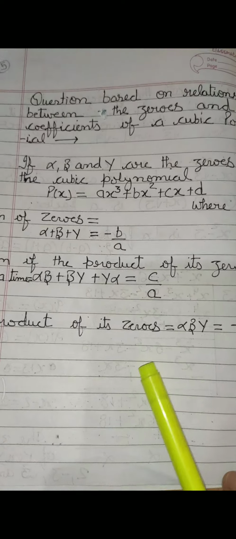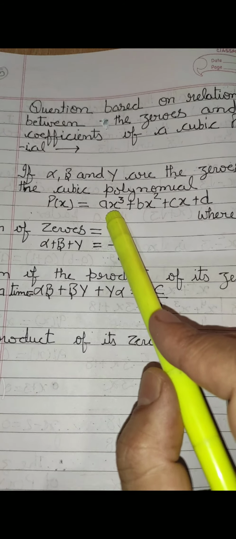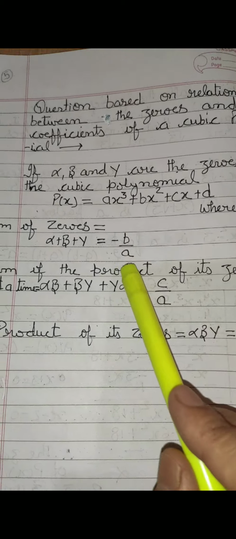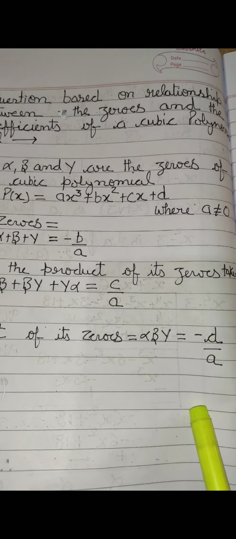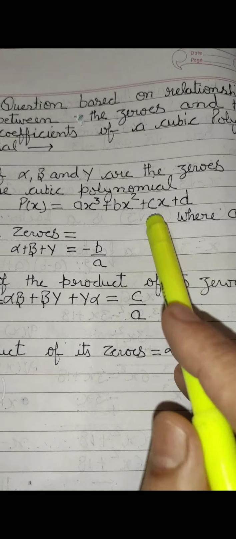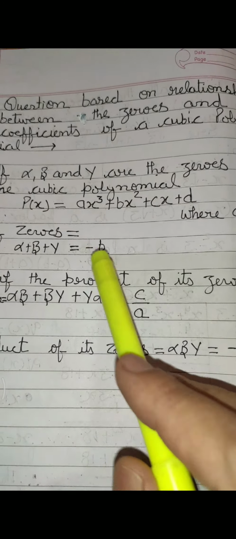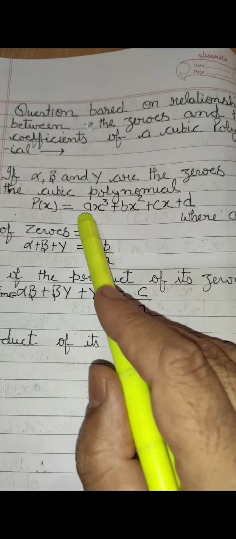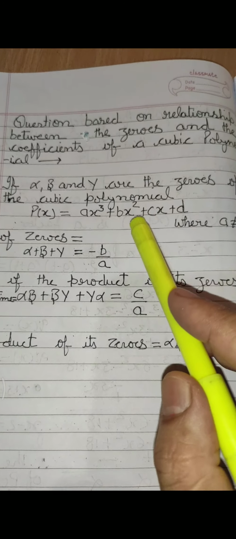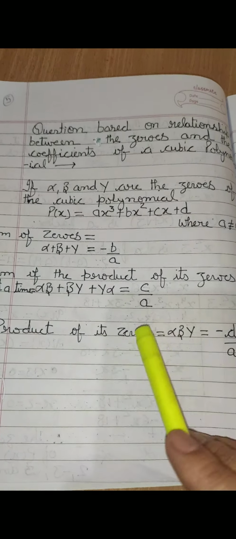You have to learn it by heart. Just as in the quadratic, take the highest power, x cube, take its coefficient a, and write a in the denominator of all these formulas. Then b comes, then the coefficient of x, c, then d. Then put alternate signs: minus, plus, minus. Once again, a comes first so write a in the denominator, then b, c, d, with alternate signs minus plus minus. Now how can we check this relationship?